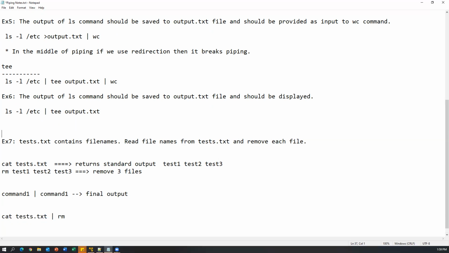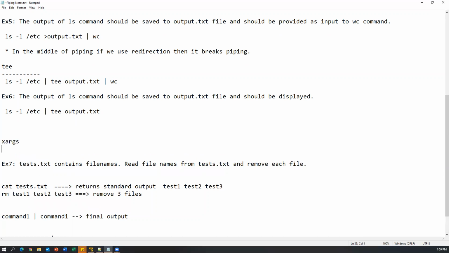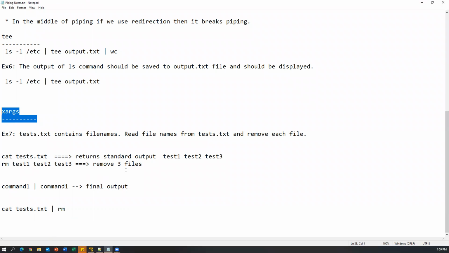So we have a special command called xargs. Let me explain this. By using this command, we can achieve this. Whatever output we are getting from the first command, if you want to pass that output as arguments of the second command, then we use the xargs command. Let me write this command like this. I say cat test.txt, and here I'll say xargs rm. So now how this command works is, the first command will display the standard output,